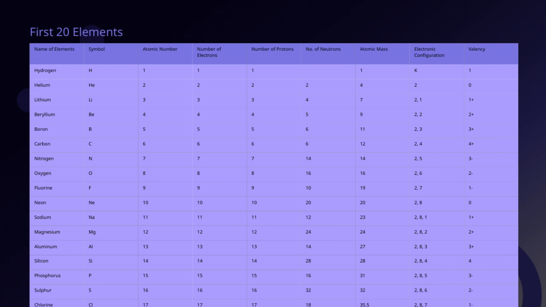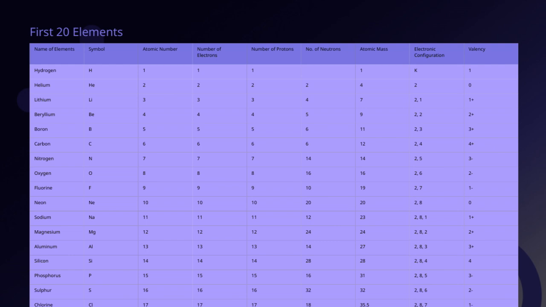Nitrogen, N with atomic number 7, has 7 electrons and a valency of -3, while oxygen, O with atomic number 8, has 8 electrons and a valency of -2. Fluorine, F, atomic number 9, is highly reactive with 7 electrons in its outer shell, giving it a valency of -1. Neon, Ne, with atomic number 10, is a noble gas with a full outer shell, so it has no valency. Moving to the alkali metals, sodium, Na, with atomic number 11, has 11 electrons and a valency of +1,